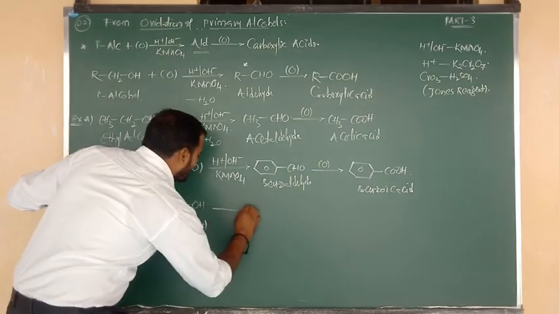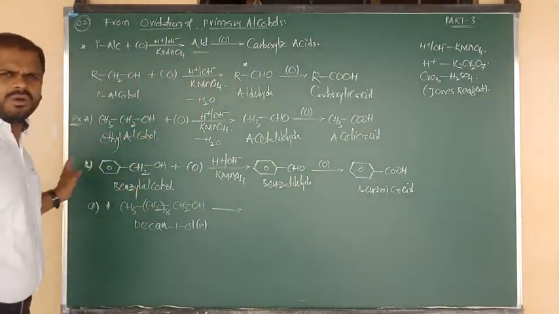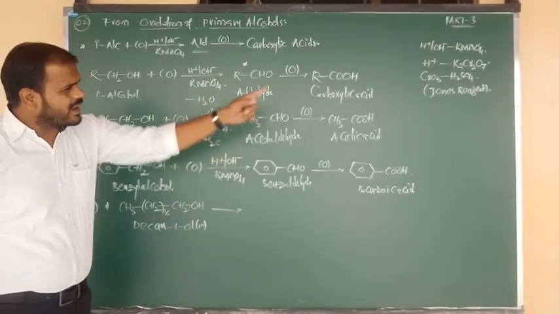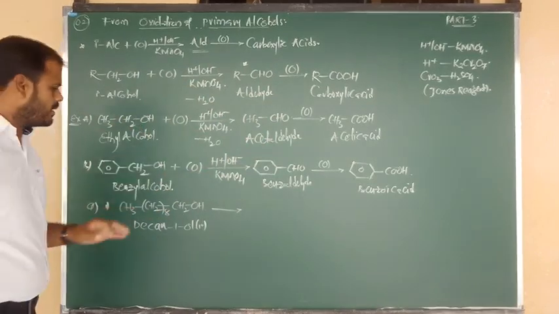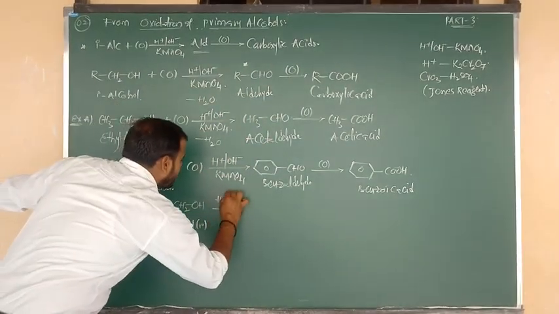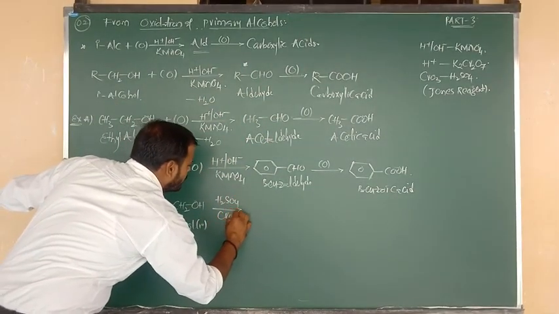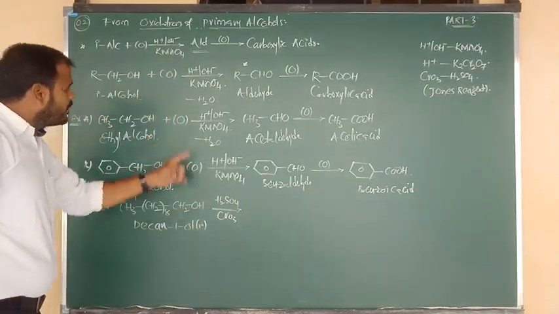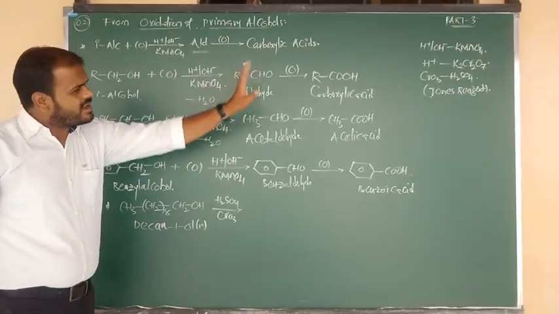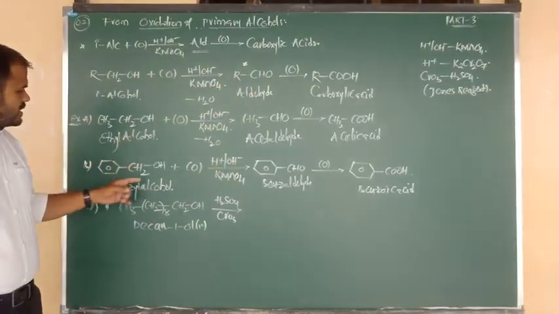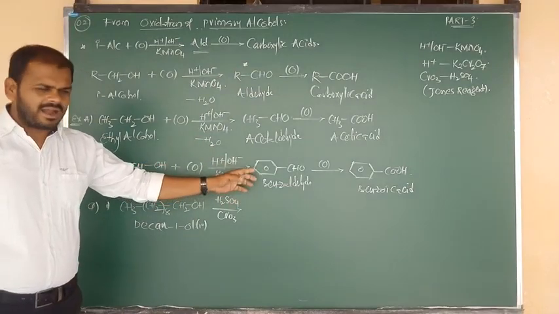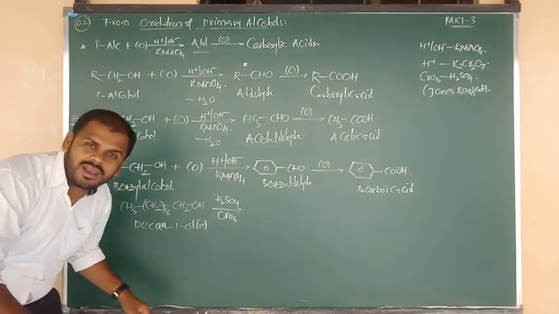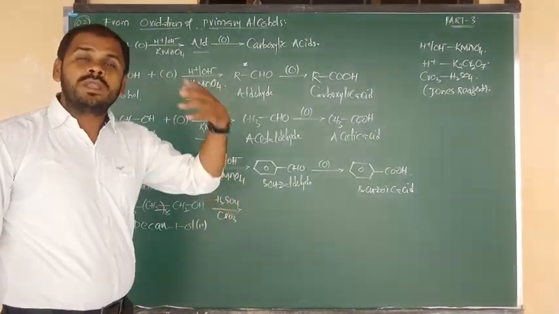So for primary alcohols, you can follow the same method as above. You can write KMnO4, you can write K2Cr2O7, otherwise you can write Jones reagent as you wish. What is the formula of Jones reagent? Acidified CrO3. As you wish, in a reaction you can also write it if you want. First of all, the OH group changes into aldehyde, and aldehyde changes into acid. Listen, benzyl alcohol changes into benzaldehyde, and it changes into benzoic acid. Here also the same thing: decanol changes into decanal, I mean aldehyde, and decanal changes into decanoic acid.